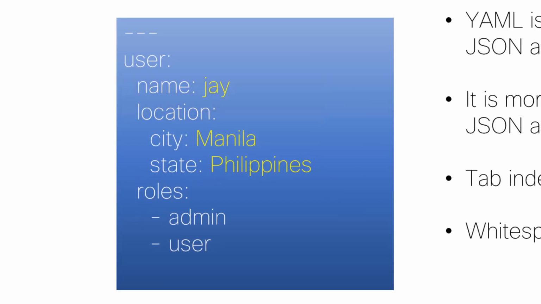In this example, the first object to be indented is a user named J. All data at the same indentation level are attributes of the same object. The next level of indentation begins at the location property, denoting an object that represents a location with city and state properties. Typically, YAML uses 2 whitespace indentation for each newly defined object, but you can also use your preferred